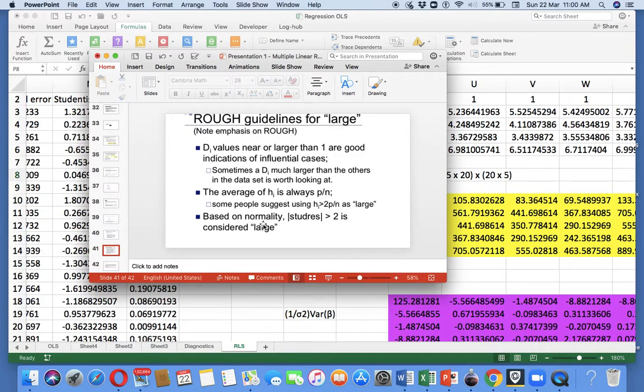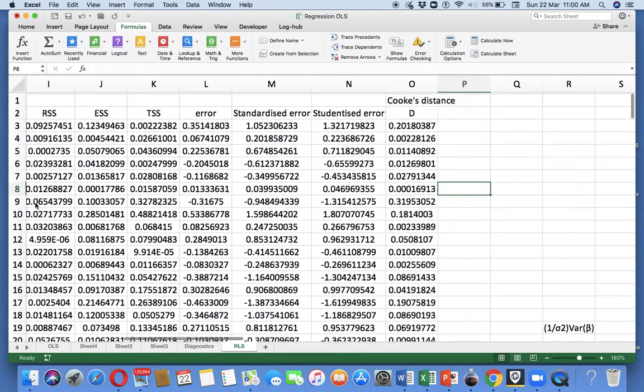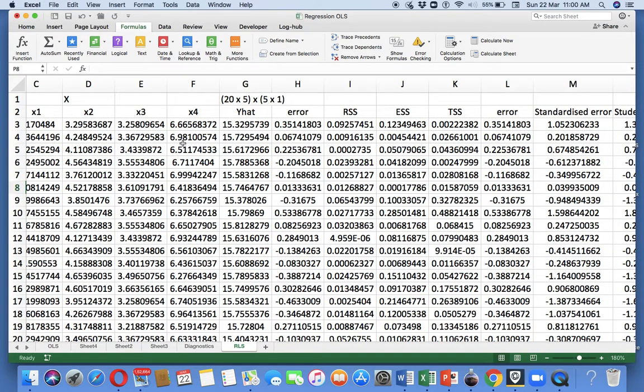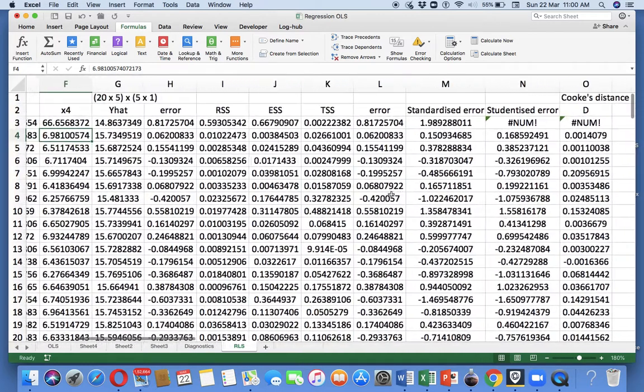DI values near or larger than 1 are good indicators of influential cases. So let us examine that. Let us take a particular variable and take this value, take this decimal out from there and put it over here, deliberately making it a big value.